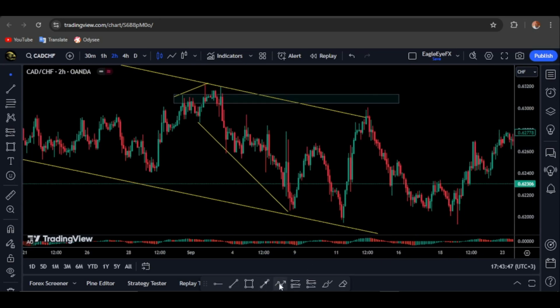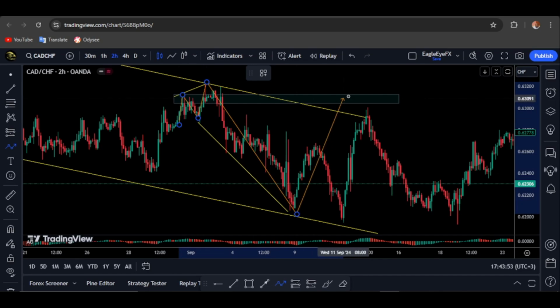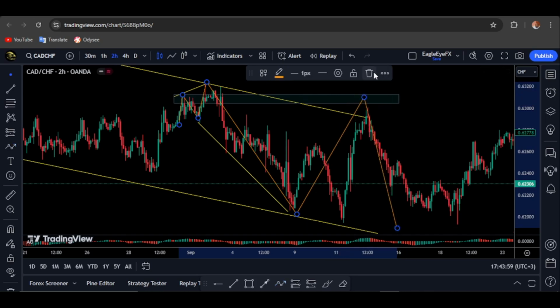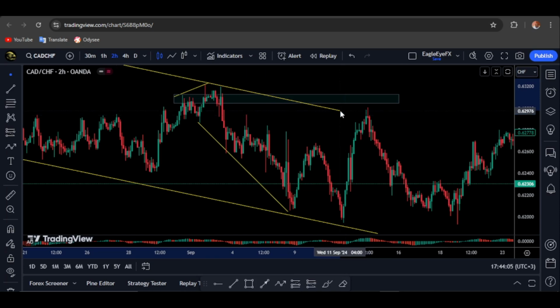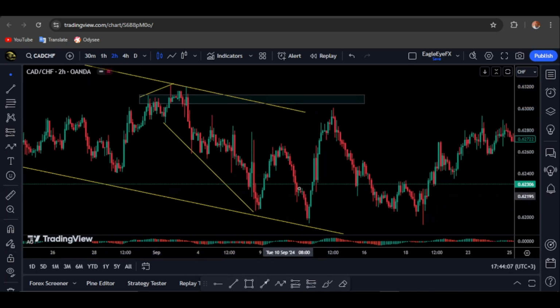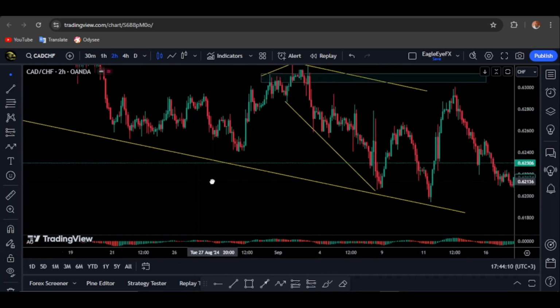And what will we be waiting for? We have our break of structure, we have our change of character. So we are waiting for the market to come and tap this zone for us to look for selling opportunities. Then we can move to the downside. And of course you can see here the market never got here, so perhaps we could have missed that. But now as the market came down here,